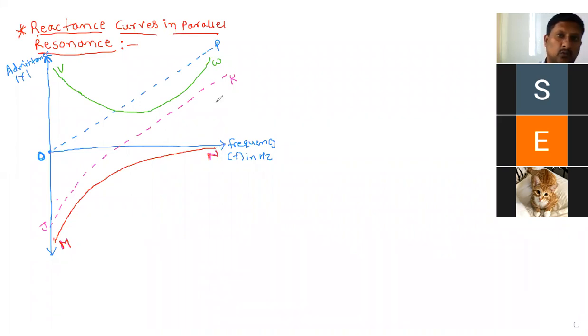So, who will tell what the different admittances present are? What is this straight line which is passing through the origin? Whether it is XC, whether it is XL, whether it is the total admittance Y, what is that? Blue color, OP. I am talking about admittance. These are all admittance curves. Who will guess what OP is? So exactly opposite to series resonance.